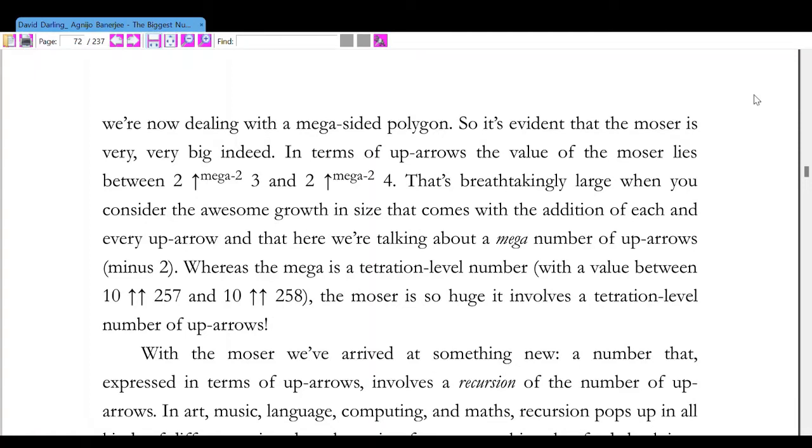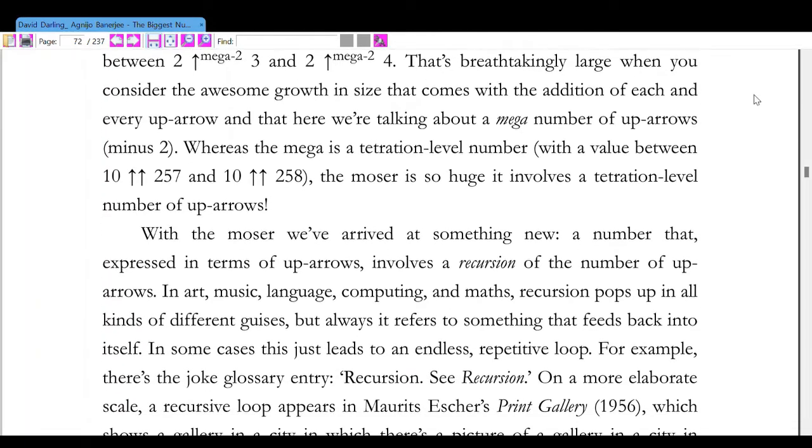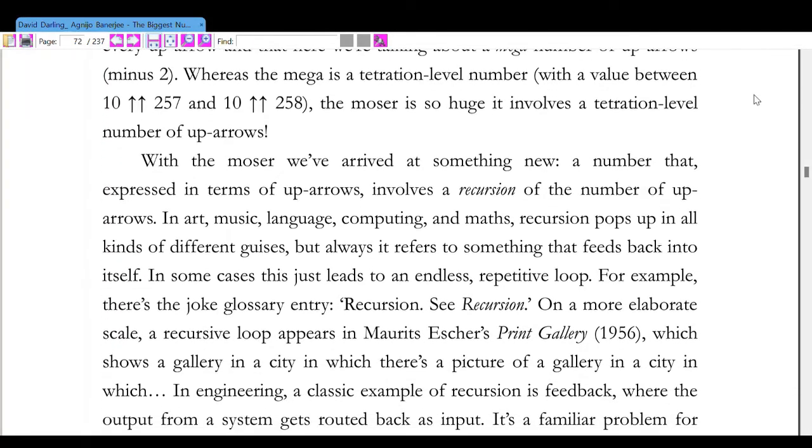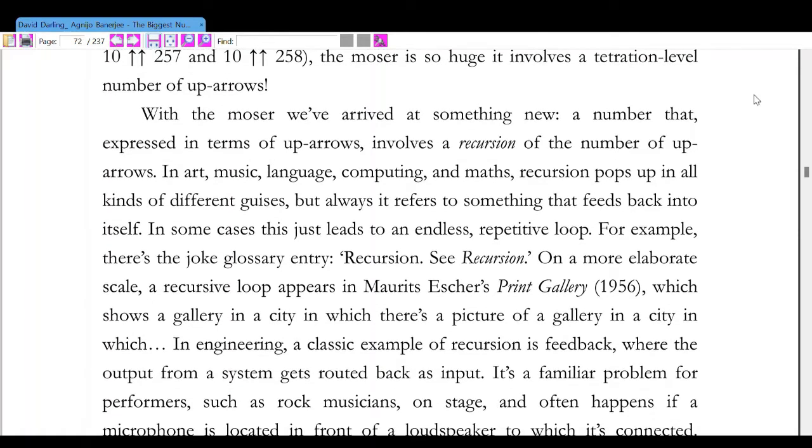In terms of up arrows, the Moser lies between... that breathtakingly large when you consider the awesome growth in size that comes with the addition of each and every up arrow, and that here we are talking about a mega number of up arrows minus 2, whereas the mega is the tetration level number with a value between. The Moser is so huge it enforced a tetration level number of up arrows. With the Moser,